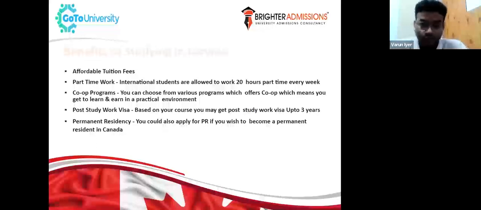It is mandatory if it says it's a co-op program. And it will be arranged by your school, your university or college. Third, many times the company where you're doing your co-op can offer you a job. So even before you finish your program, you might have a job offer from the employer where you did your internship or co-op term.